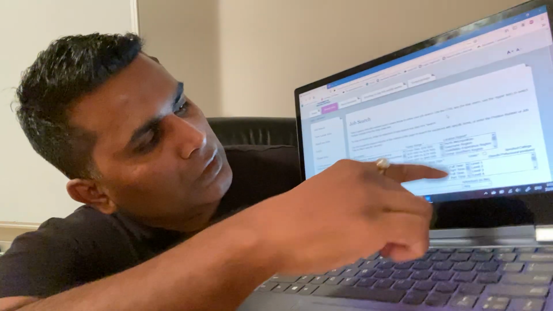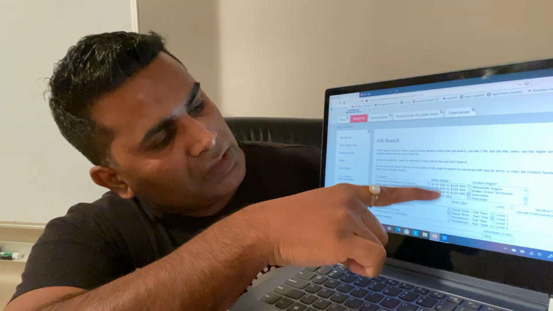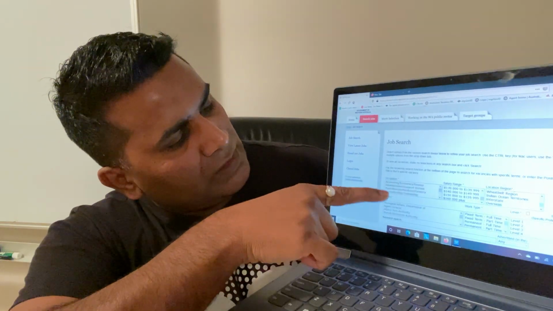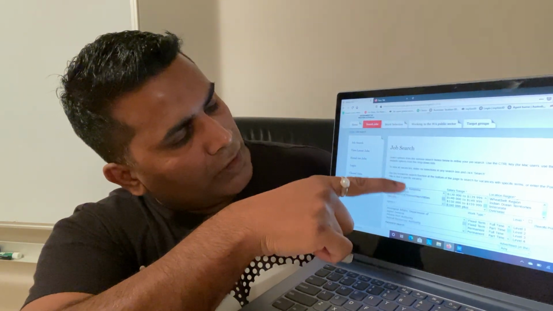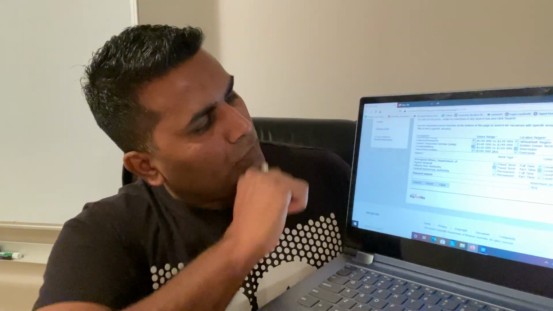But today I just wanted to say, if you want to go there, apply for the government jobs. There are plenty of jobs there. You won't believe how many jobs there are, including part-time. You can select which area you want to work in. This also shows the salary level. See all the departments you can work in, as per your interest, whatever department you want to work in.